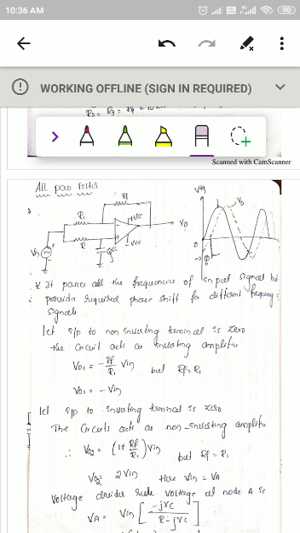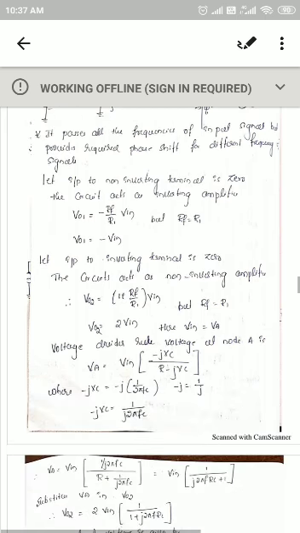Here, in the first case, there is no capacitance when the input is applied to the inverting terminal, so there is no need to calculate Vin. Whatever input you apply, you will get that. But in the second case, where the circuit operates as a non-inverting amplifier, you have a resistance-capacitance combination here, so the input voltage to the non-inverting terminal will vary. So now you calculate the values here.